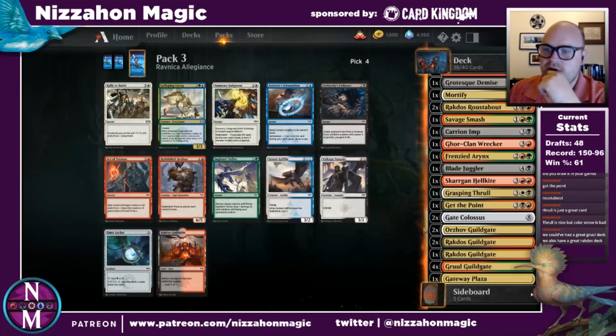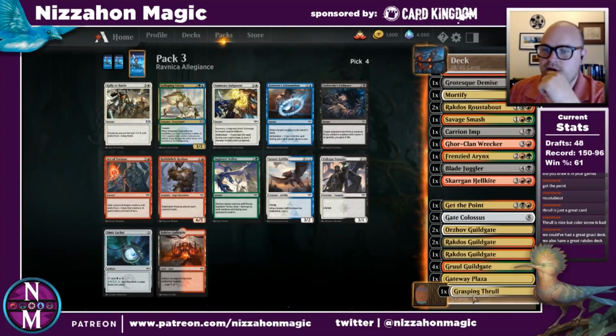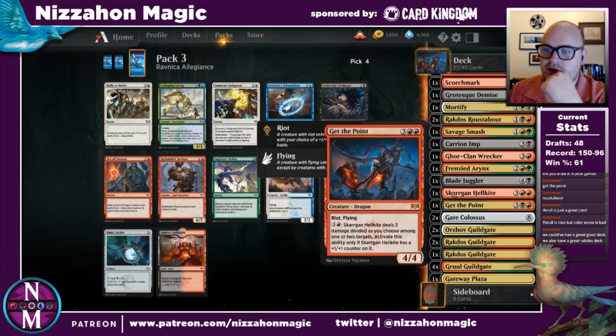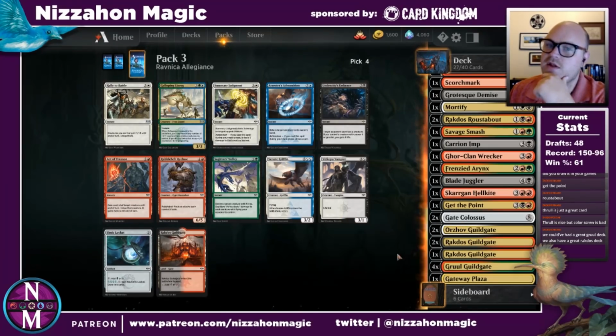Yeah, we could have had a great Gruul deck, it's true. And I'm probably not running the Thrall. Earrings, I think, is a nice splash. So that does mean we don't have very many 5s. I mean, we do have 2 Gate Colossuses, but...